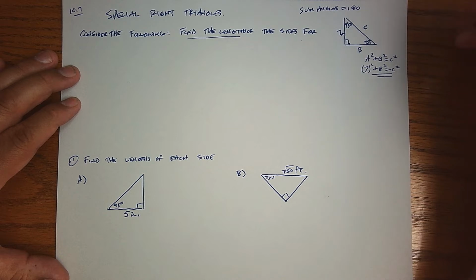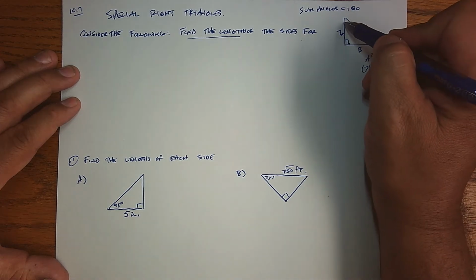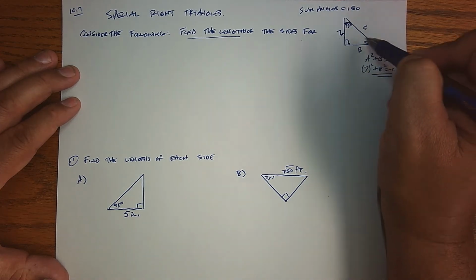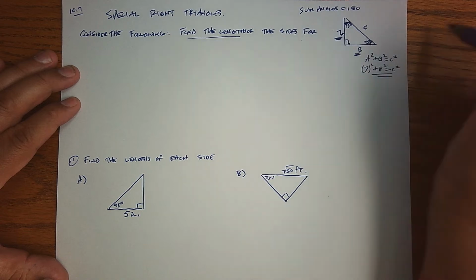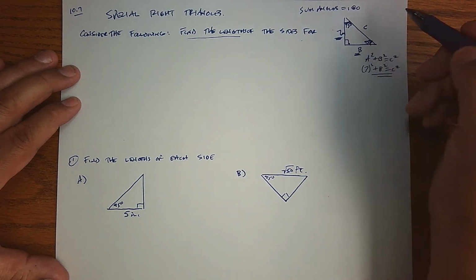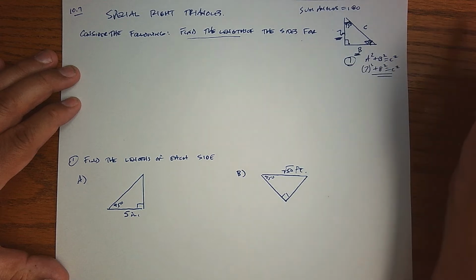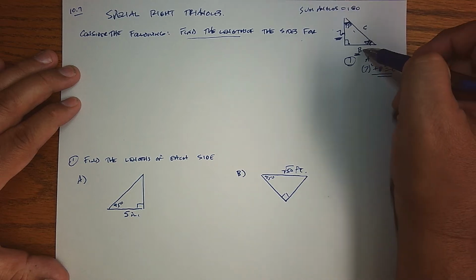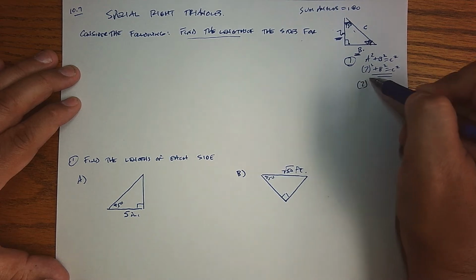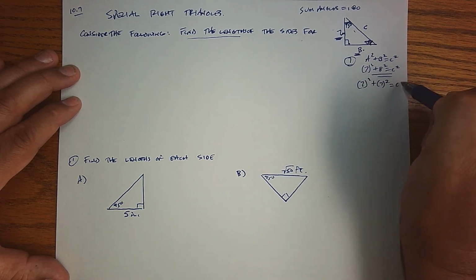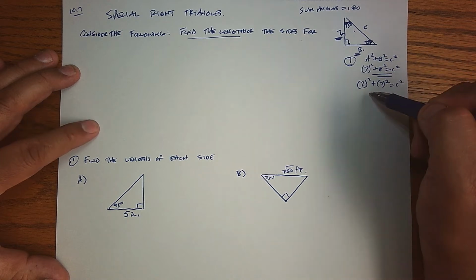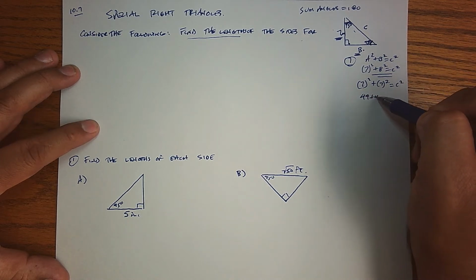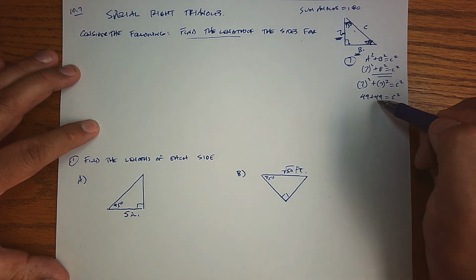If we think geometrically, or use common sense, what would have to happen is if these two angles are the same, then this side and this side would have to be the same, which would mean that B would have to be 7. And it turns out that's actually the case. If these two angles are the same, then these two sides have to be the same. That's good news, because I can now go back to my Pythagorean theorem and solve for C. So we're going to get 49 plus 49,